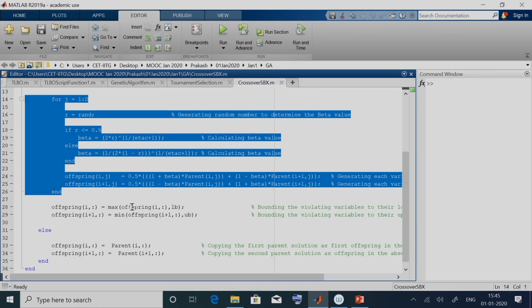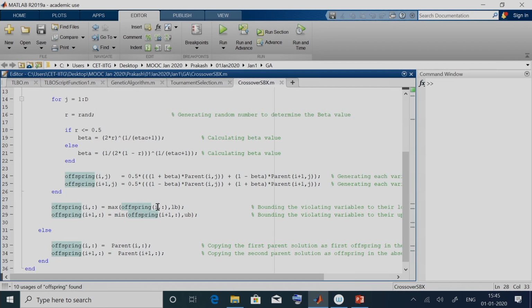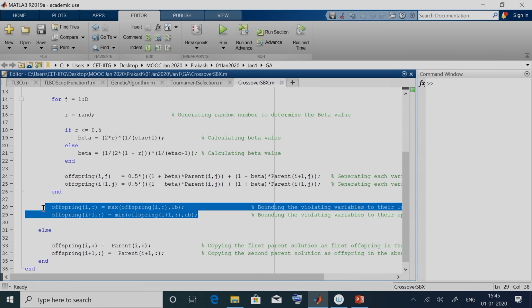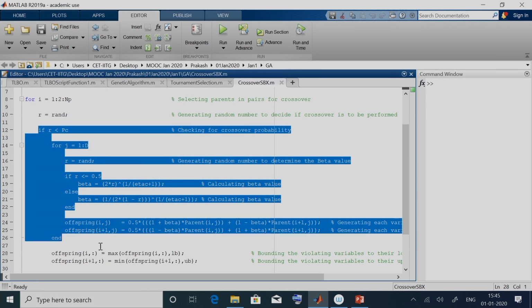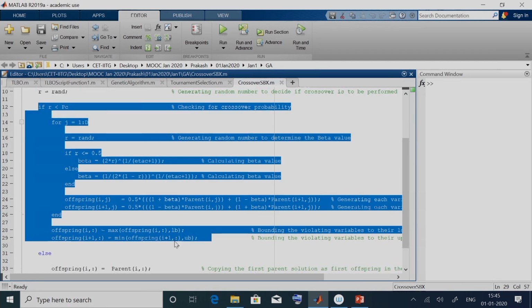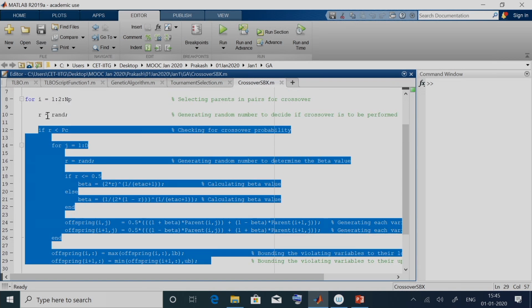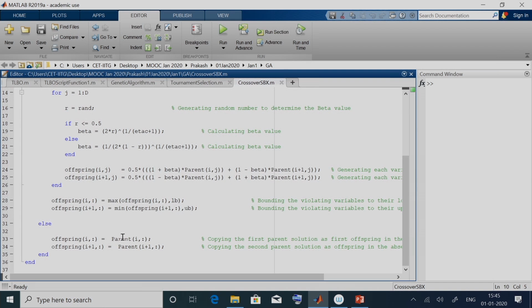Once this is completed, we check for the newly generated solution. So, the newly generated solution is the ith solution and the I plus 1 solution. So, we check whether it is in the lower bound and the upper bound, whether it is in between lower and upper bound. If not, we employ the usual corner bounding strategy to bound it, right. So, this is the condition if we decide to perform crossover, right. But if we decide not to perform the crossover because of this randomly generated number, right, then we will directly copy the parent, and since parent is copied we do not have a bounding procedure over there.